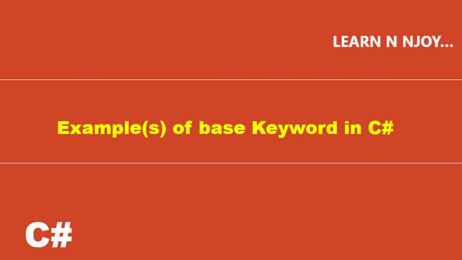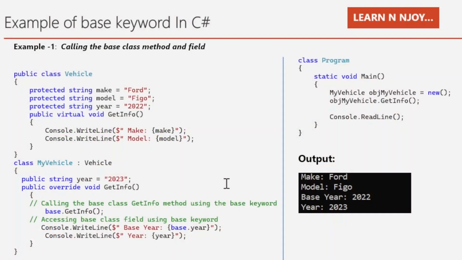Examples of the base keyword in C#. Here we are going to see the example of the base keyword in C#. Example number one, calling the base class method and field. Here we are going to see how we call a base class method and field with the help of the base keyword. Okay, so if you see this example shown over here, there is a class named Vehicle